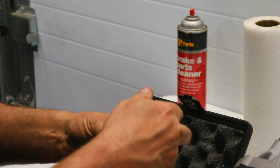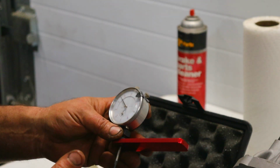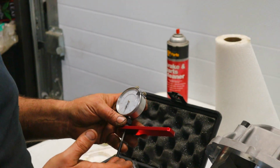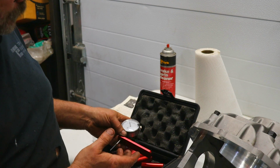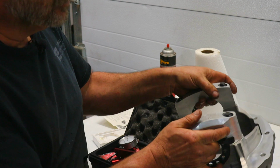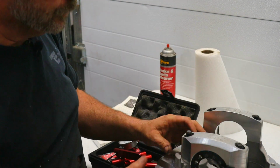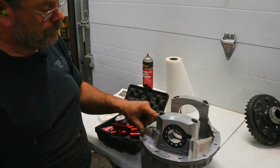The way this tool works is from this point to where we just calibrated the 0 is exactly 2.00 inches. What we are trying to establish is the back of the pinion, which we will measure here to this face, will be